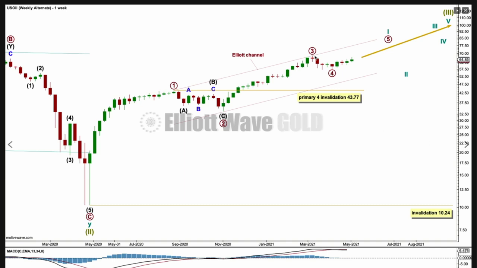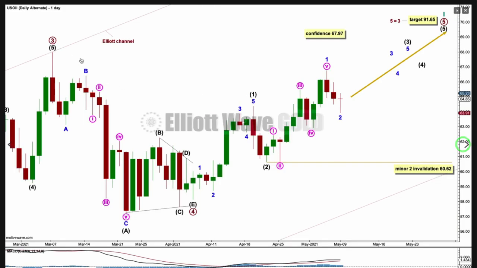At the daily chart level, from this high here, it's possible primary 4 was over here as a triangle, but I'm concerned about how poor this looks as a triangle. It meets all Elliott wave rules, so technically it's a valid wave count, but the length of wave A in relation to B, C, D and E is so long it gives the triangle the wrong look. And so I have a resolution for you in the next chart.